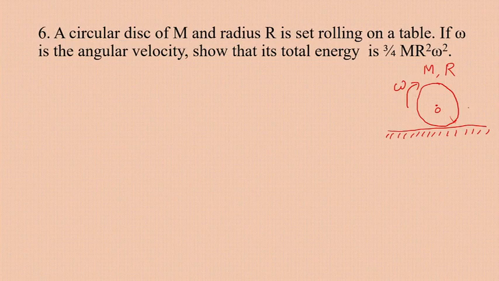Here we are considering the motion of the center of mass, which has a velocity v. So the circular disk possesses both translation and rotational kinetic energy. So the total energy